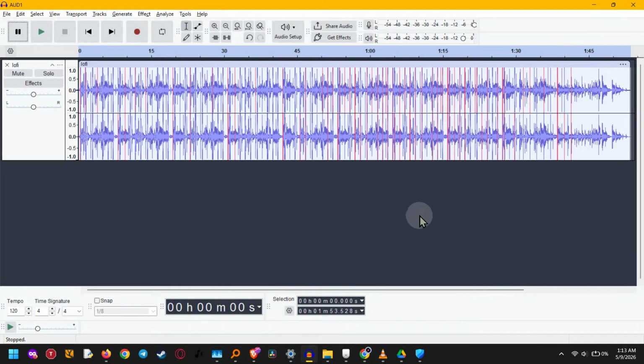Today I'm going to show you how to use Spectrogram View in Audacity step by step so you can visually analyze your audio in a much clearer way. If you've ever wanted to see frequencies, spot noises, or understand what's happening inside a sound file, this feature is